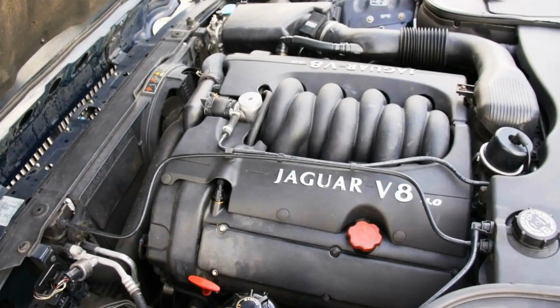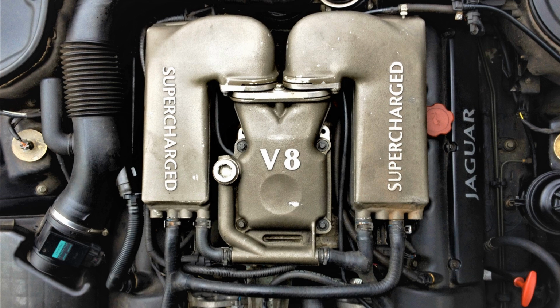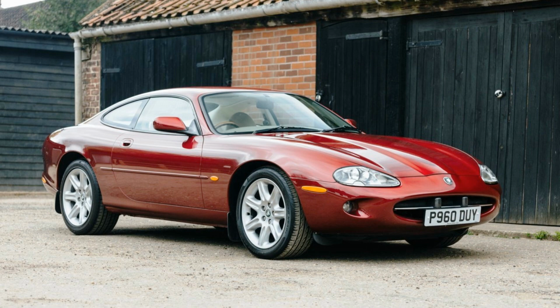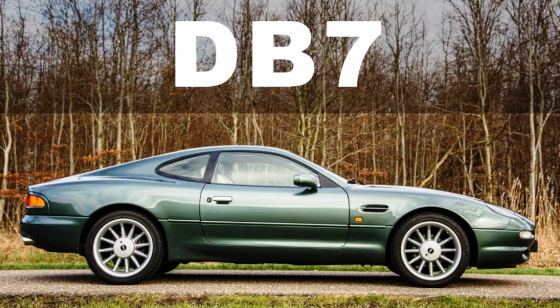The second was a 4-liter with 290 horsepower, and the third one, for the XJR model, was a supercharged 4-liter engine producing 370 horsepower. This was a real deal. By the way, the same engines were used on Jaguar XK8, which I mentioned in my video about Aston Martin